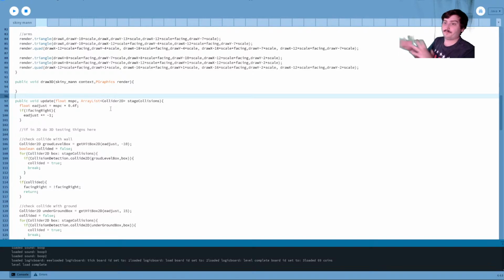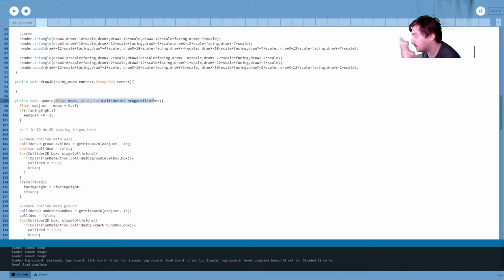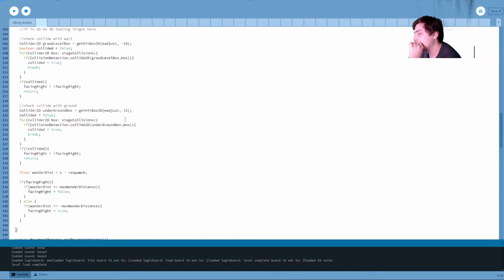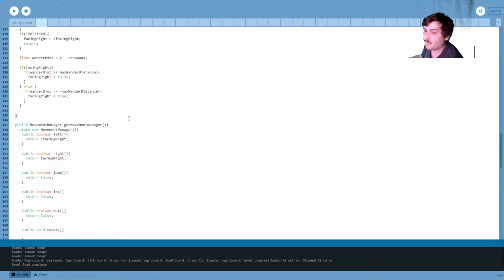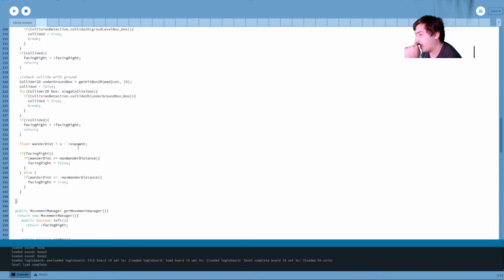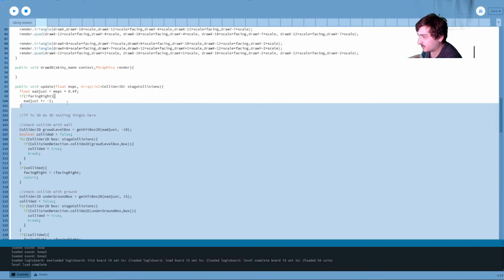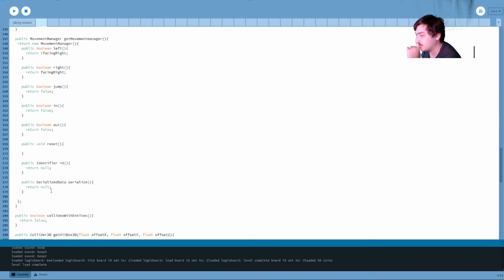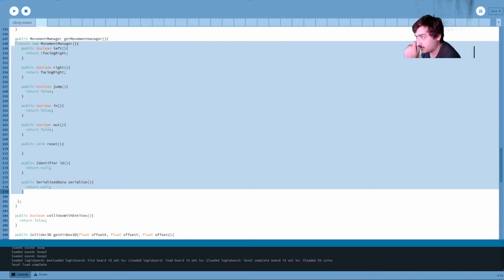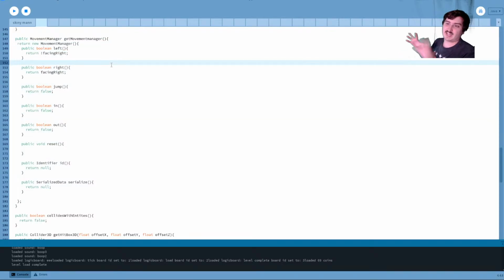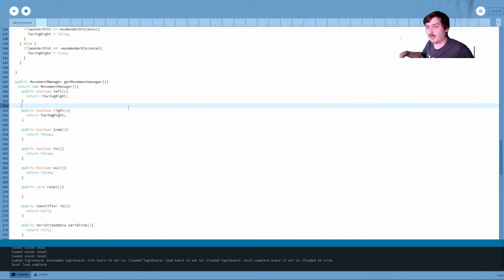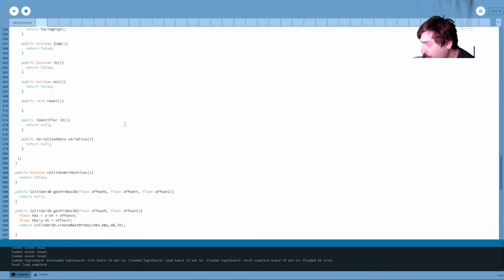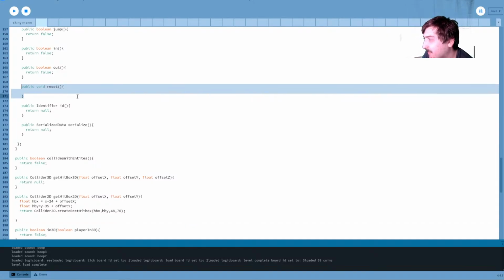So this is what it's going to be able to perceive from the environment. And then the physics engine is effectively the environment, and here's all the actual logic of the agent itself, and it decides on what actions it's going to actively try to take, which is the movement manager. The movement manager effectively is the set of actions that it's currently attempting to act out, I guess. And I don't entirely remember what this reset function does.